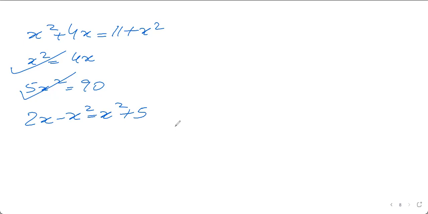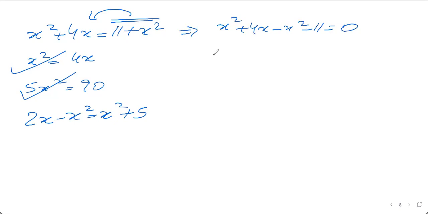Then you will say, sir, A और D में भी तो x square है. Yes है. लेकिन कुछ गड़बड़ हो रहा होगा वहां पर. So now we will have to simplify and see कि क्या हो रहा है. So this one, first one becomes x square. Now if you take everything to the left hand side, x square plus 4x minus x square minus 11 equals to 0. X square minus x square is 0. We are left with 4x minus 11 equals to 0.